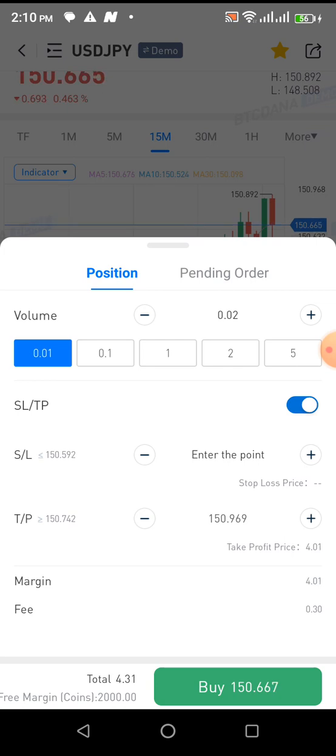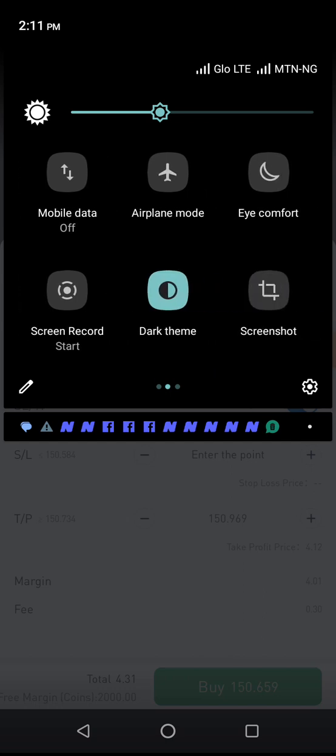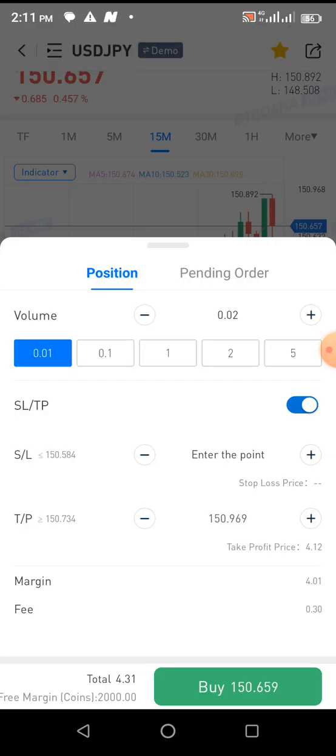That means whatever you have on your balance will reduce to 4. Okay, that's what it means. Whatever you have on your balance will reduce to 4. And the moment it reduces to 4, it will start